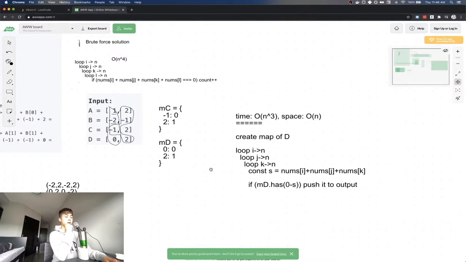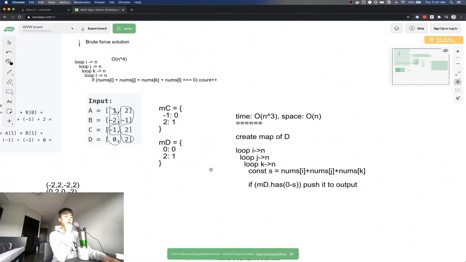So how can we cut this extra loop? Why do we need this extra loop? We need this last loop because we need to loop through all of C's elements. So is there some sort of data structure that I can use to remove this last loop? Can I use another hash map? The thing is though, is that if I create another map C,